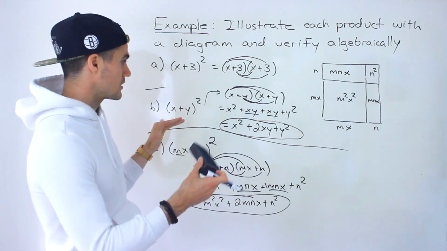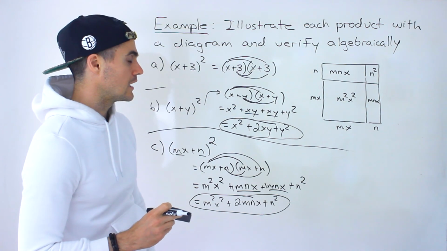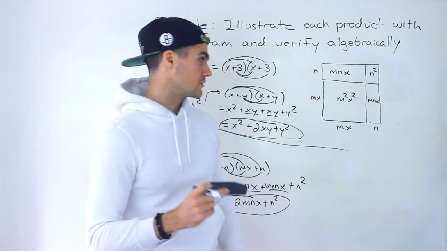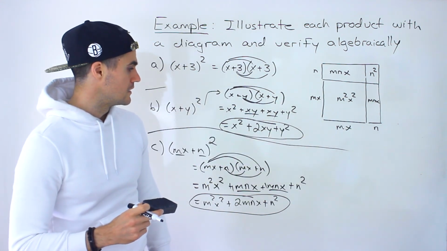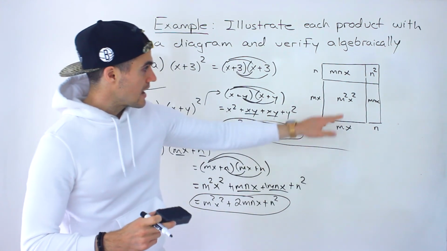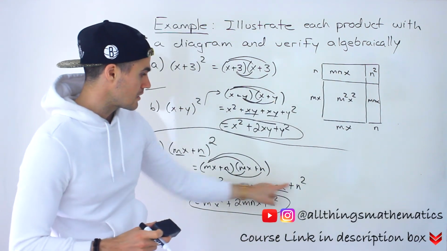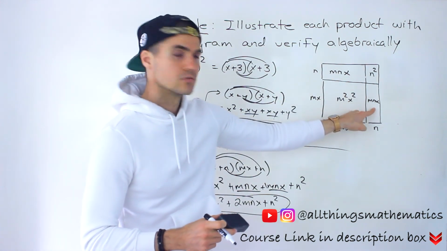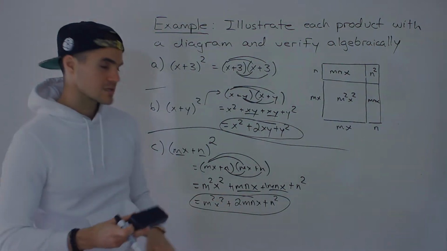But again, it doesn't really matter as long as you're labeling all of the sides for all the rectangles correctly. So either way, notice how when we add all of these up, we end up getting that same sum at this step, but then these two, they're like terms. So we can combine those, and that ends up being the final